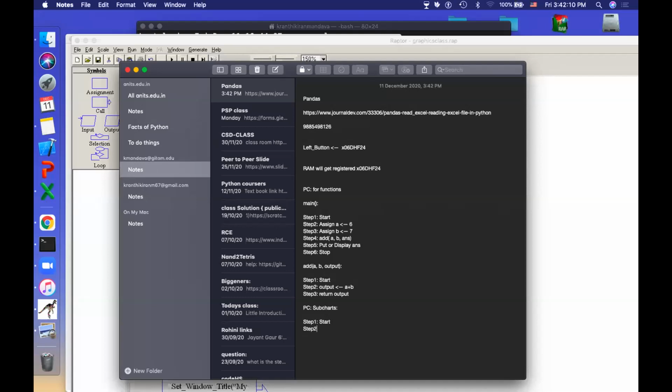Step 2, assign a with 6. Step 3, assign b with 7.